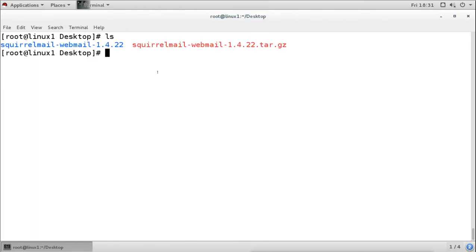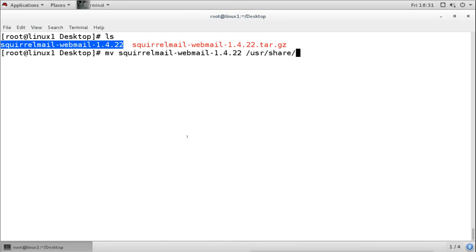We have to rename the directory and move it to /usr/share. So we will move this SquirrelMail directory to /usr/share using the name webmail or squirrelmail.